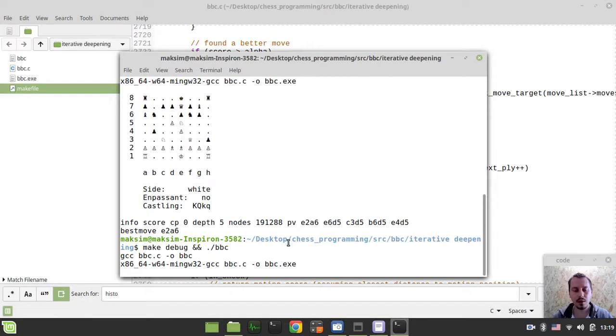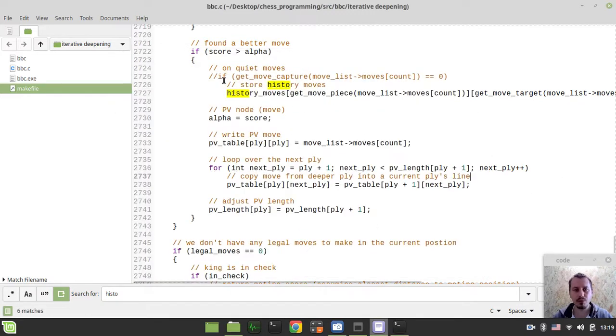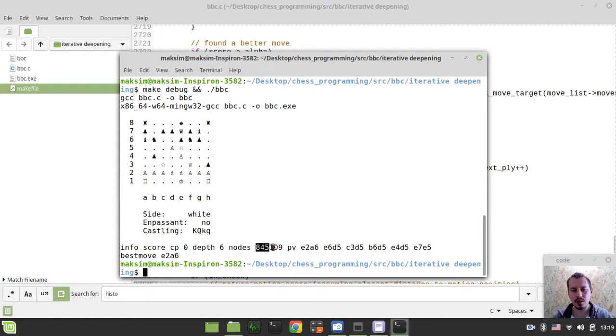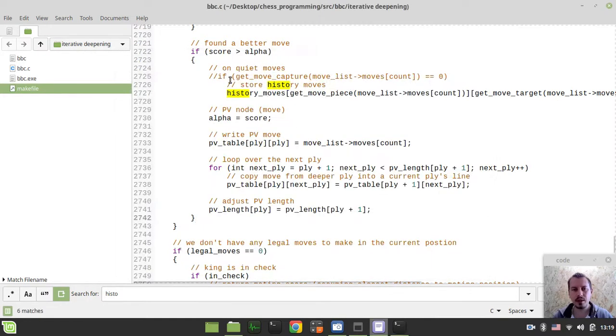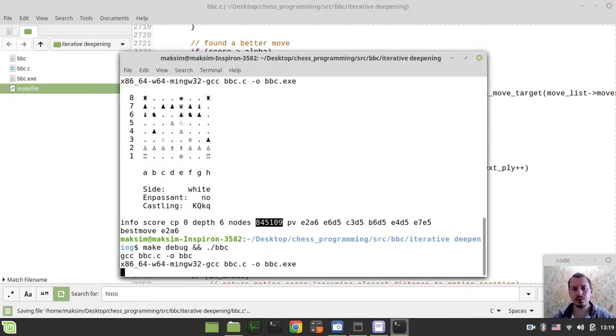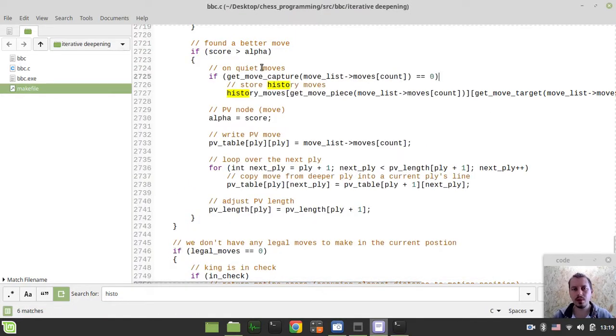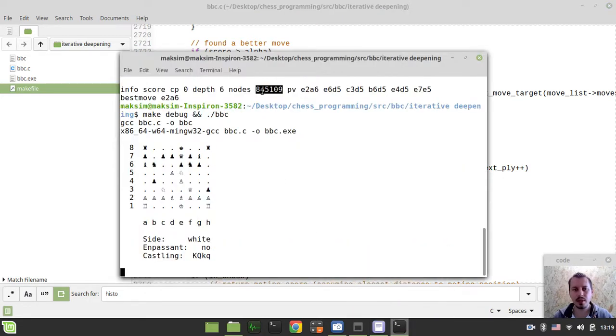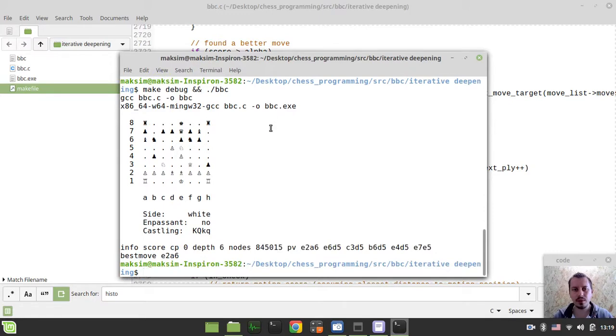At this moment we're storing moves, not only the quiet moves, but every time, even for the captures. And in this case we're getting this number of nodes, 845109. And now if we actually do store history moves only on quiet moves, so not doing this on capture moves, then at the very end we have